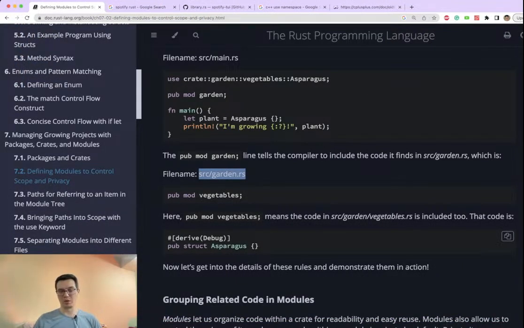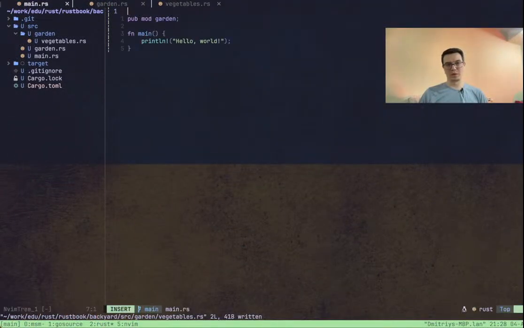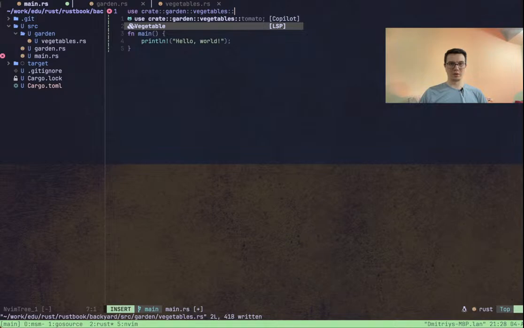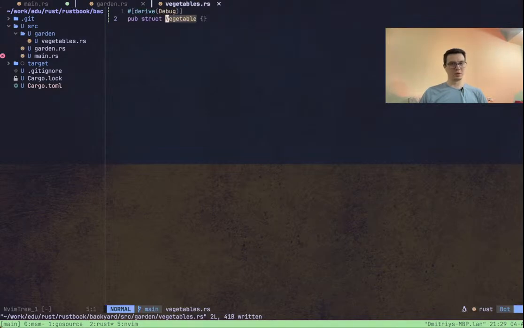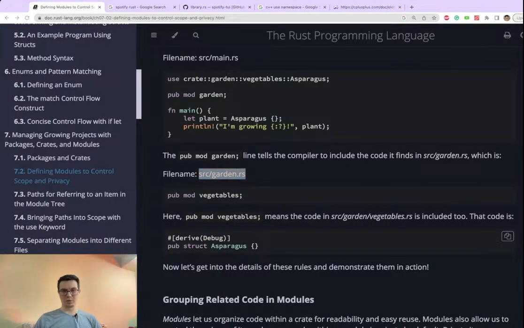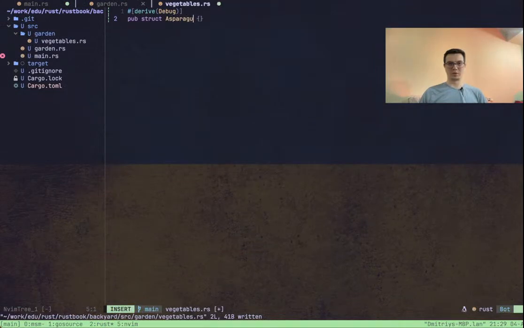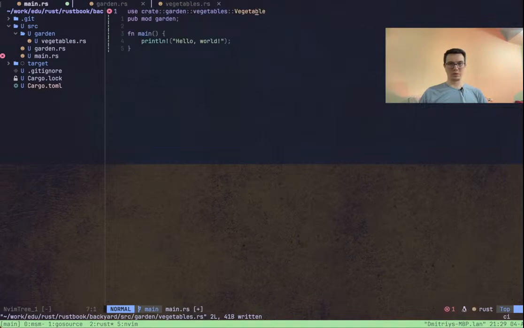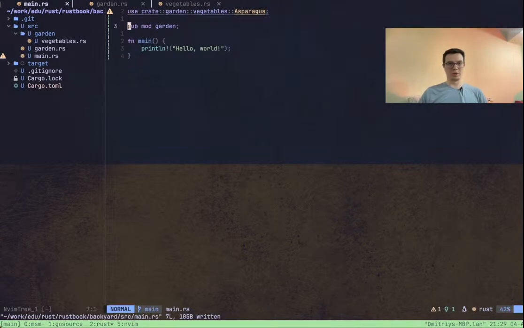And now we can go back to our main and we can use crate garden, LSP, yeah, vegetables, and yeah, it was asparagus originally, so let's use asparagus. Okay, we have asparagus and